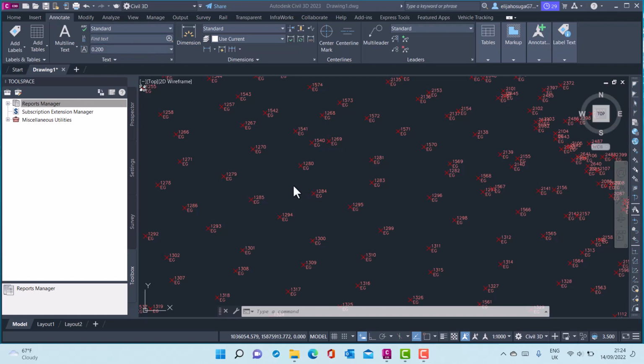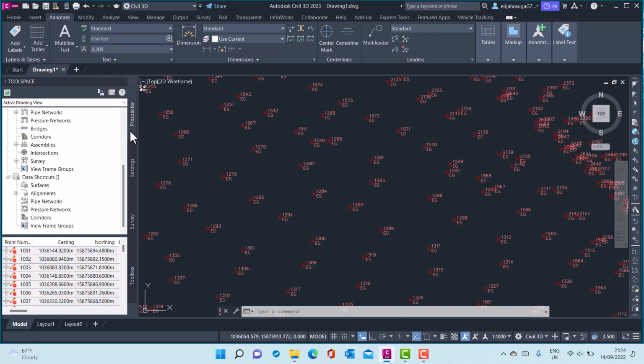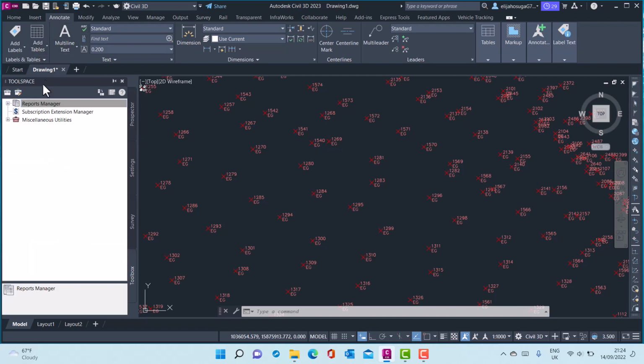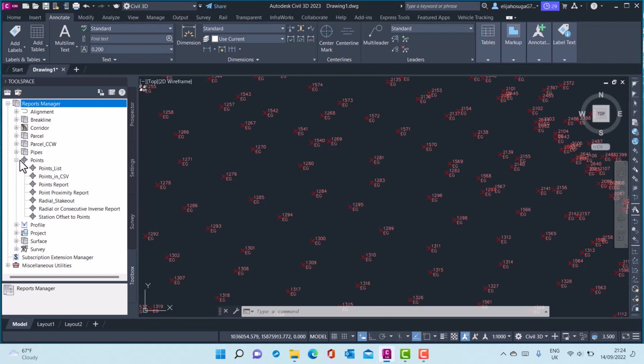We can also create reports, point reports. So here at the toolspace, at the toolbox tab, you will see a reports manager. And from here, we can create point reports. So if you move down to the points and expand that points list, you'll see we can create reports on